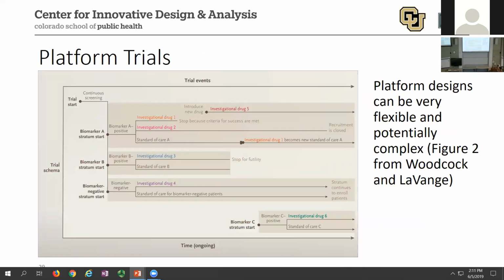And so one example I want to spend just a few moments walking through, because I think it's a really flexible system that's really going to be used a lot more moving forward, is this idea of platform trials, largely because of the insane amount of flexibility you potentially have in your design. And so within this trial here from the Woodcock and LaVange paper, again in the New England Journal, we see